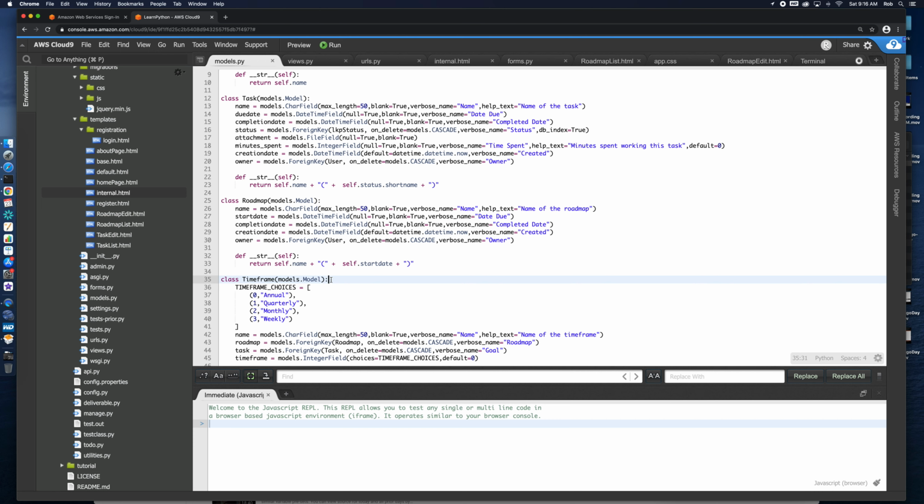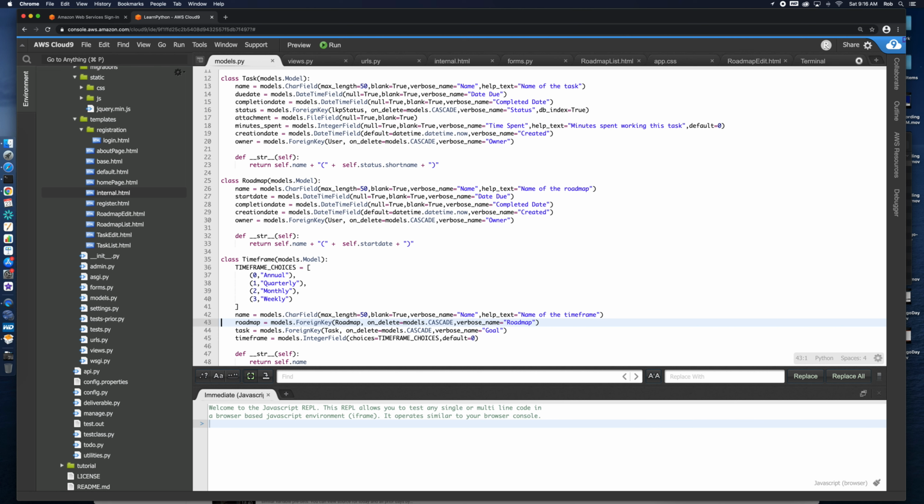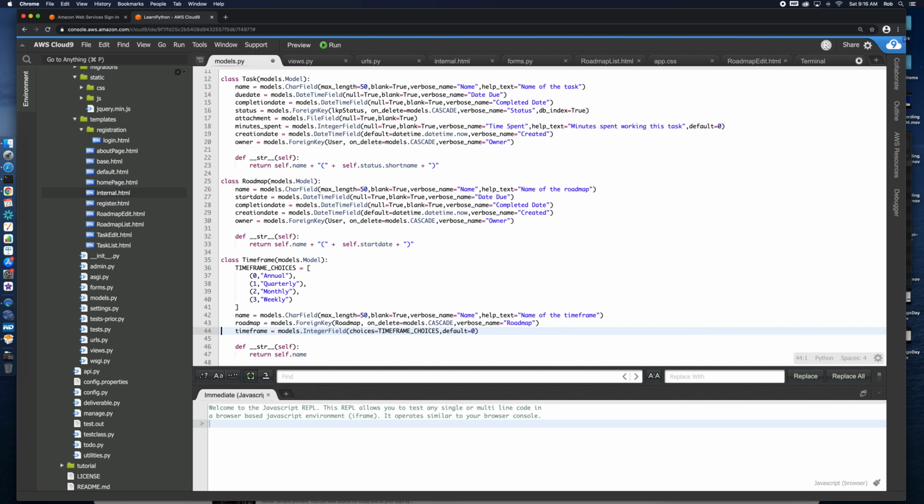Now, one thing that we're going to adjust here is that a time frame is actually going to be tied to a roadmap. It's not going to be a direct link to a task, because we'll have a single time frame, for example, annual, that would have multiple tasks related to it. And this is to help us with how we're going to do this from a user